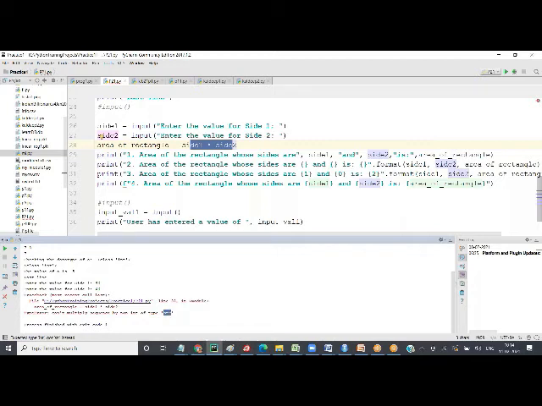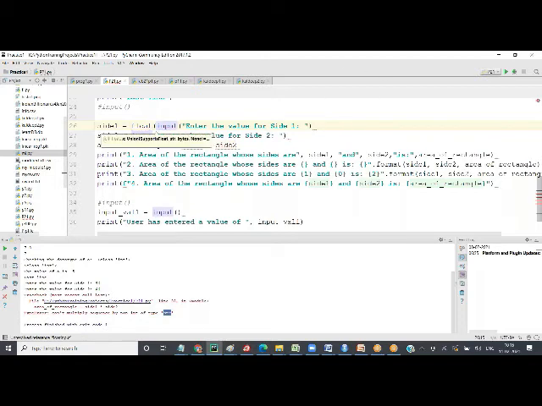Into integer. We have to convert it into integer or float, right? Size can be float also, 15.35 can also be. So we have to convert this into float. And how do we convert it into float? Float. And where should we put float? Exactly. So we say here, float of this.